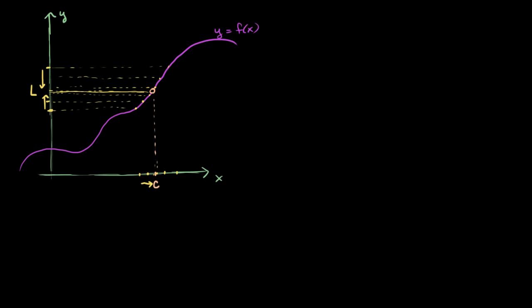And so the way we would denote it is we would call that the limit. We don't have to call it L all the time, but it's referred to as the limit. And the way that we would write that mathematically is we would say the limit of f of x as x approaches c is equal to L. And this is a fine conceptual understanding of limits, and it really will take you pretty far,